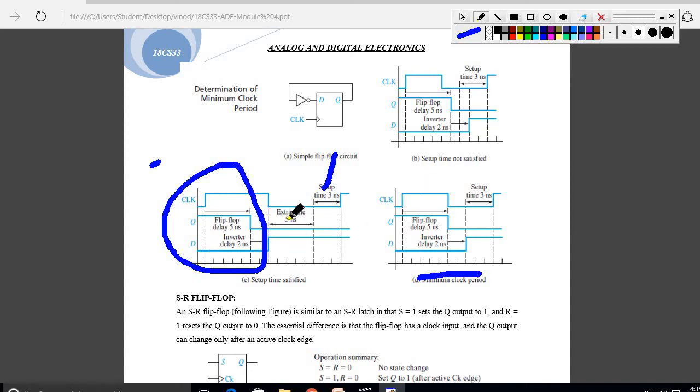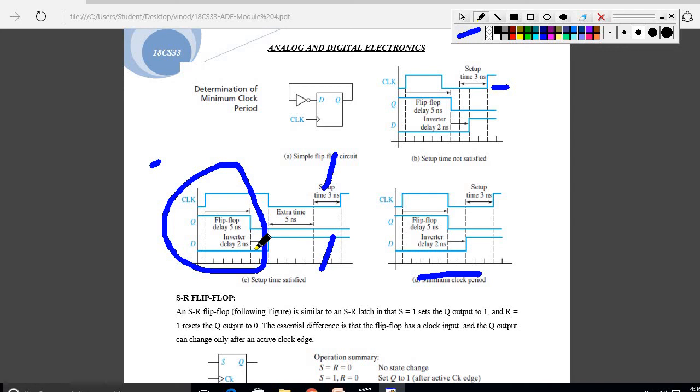But see here in this diagram, extra time has been mentioned, 5 nanoseconds after the output. One clock pulse gives you one output, right? After that it is delayed by 5 nanoseconds of extra time. After that the setup time comes, so the setup time is satisfied for the next clock pulse to generate. But here, once you get the output for the first clock pulse, you will not get any extra time. So the setup time overlaps with your extra time. For that reason the setup time is not satisfied here, but here it is satisfied because extra time has been mentioned. It is delayed by 5 nanoseconds, but this inverter is delayed by 2 nanoseconds. So because of that 5 nanoseconds, the setup time should be satisfied in this case.